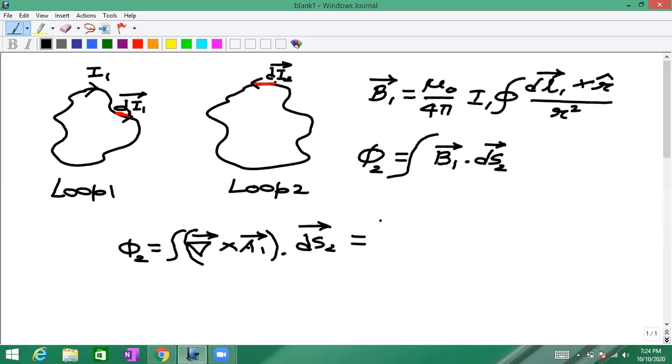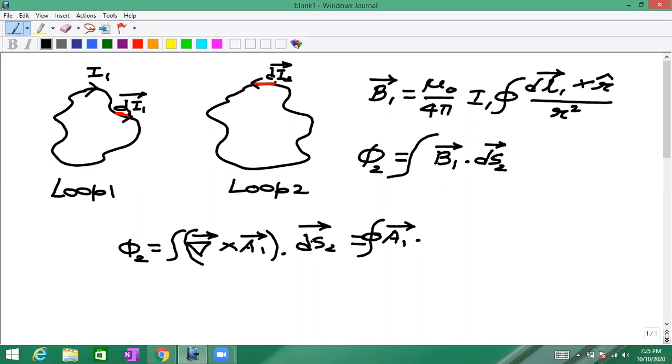According to the Stokes theorem, the surface integration of curl of a vector is equal to the line integration of that vector around the curve closing that surface. তার মানে এটা closed line integration হবো। Closed integration A1 vector dot dS2 vector, মানে it is area তো হল loop 2 area।